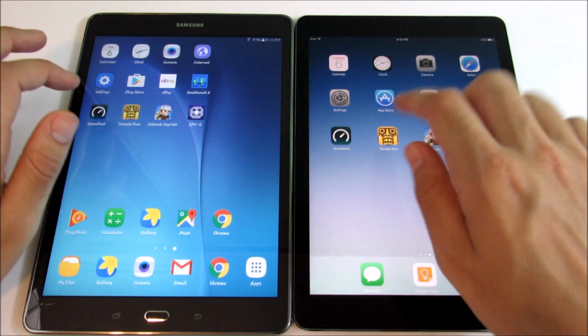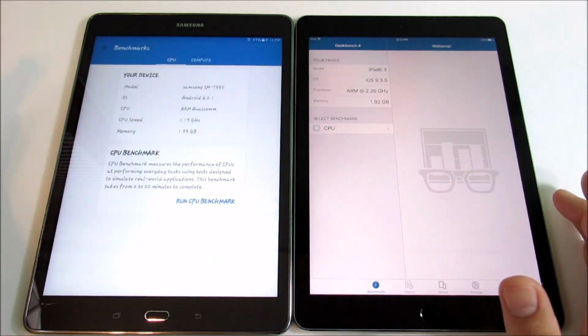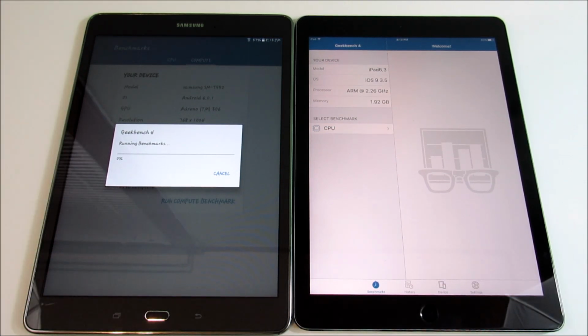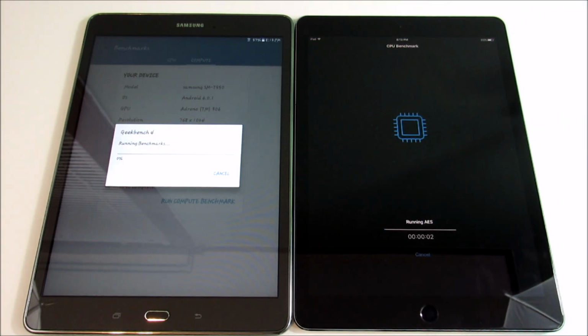Now, in terms of the overall performance, the iPad Pro is a beastly tablet, probably the fastest on the market. But that doesn't make this Samsung a bad tablet. It really doesn't. We're gonna run the benchmark here on this tablet, and then we're gonna do the benchmark here on the iPad, and let's see which one performs better. Of course, it's gonna probably be the iPad, but overall, if you're gonna pick up one of these tablets,